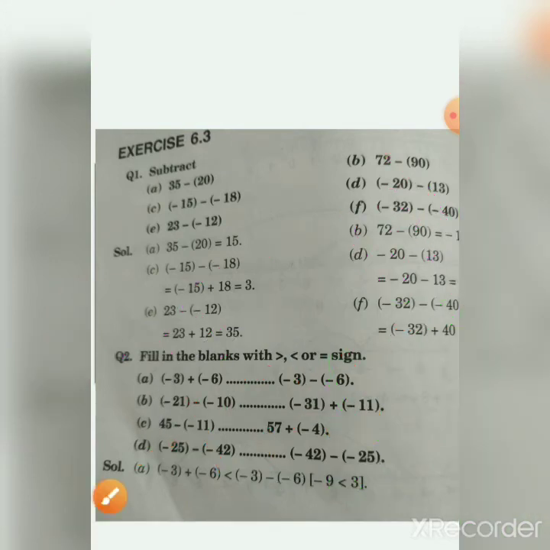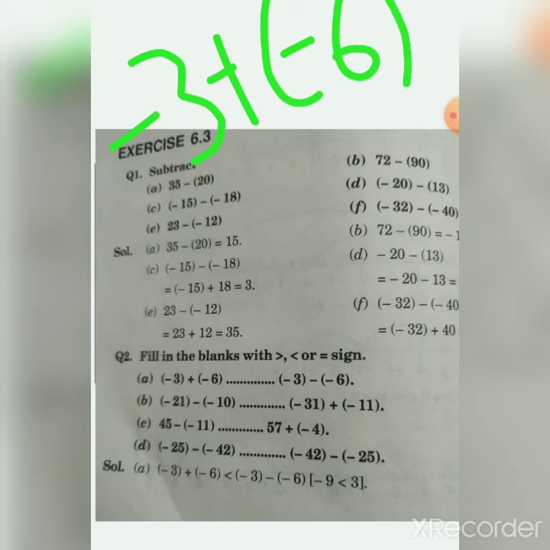Now moving to the next question number 2, we have fill in the blanks, greater, less or equal sign. So you can easily check. You have to solve this part and this part, then only you will be able to write the answer. See, as it is given, -3 plus -6 on the left hand side. So -3 will be like this only, plus minus we have minus, that is 6. So minus minus is plus, so 6 plus 3 is 9.